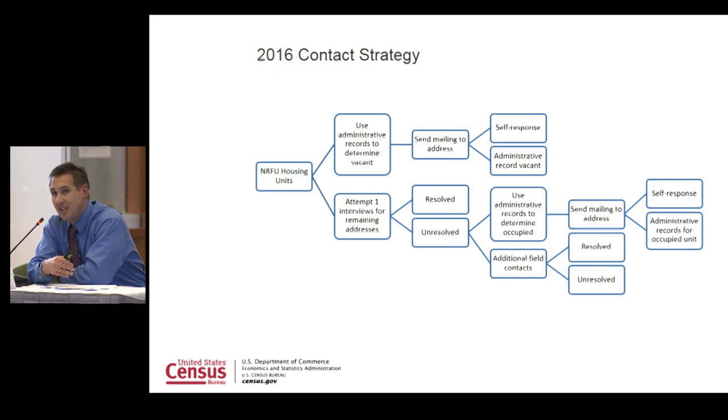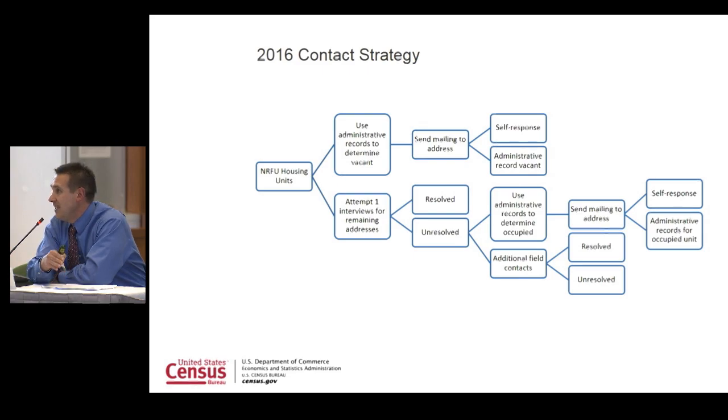We were taking advantage of the United States Postal Service and the footwork and results that those carriers were able to give us based on their determining of the undeliverable address NIXIE codes. But for those cases in the 2016 census test, during the start of the non-response follow-up period in the middle of May, we sent a postcard to those addresses. We told them, while an enumerator may not come visit you, you still have the opportunity to respond. So they did have this self-response option before we used our administrative record vacant or non-existent determinations.